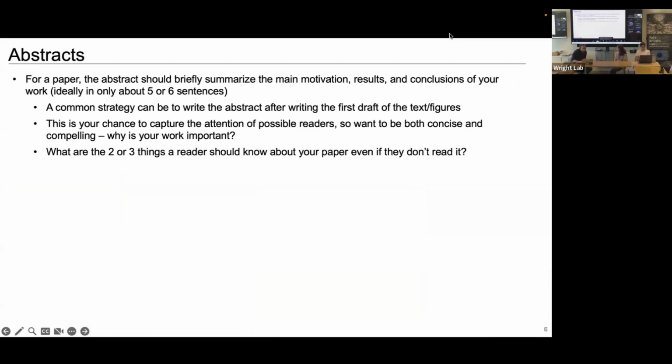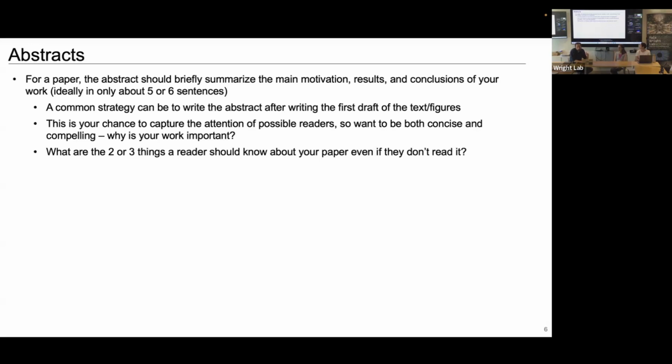Okay. Yeah, I'll go quickly over this. The start of the paper is the abstract. As I said, maybe you write this at the end of the paper, but to be honest, if someone's gonna read your paper, they're gonna look at the title. If the title's intriguing, they might read the abstract. So you really want the abstract, which is just 5 or 6 sentences trying to distill the main ideas in your work.